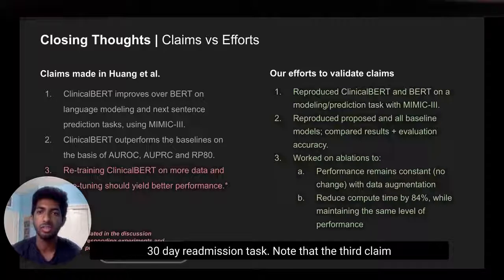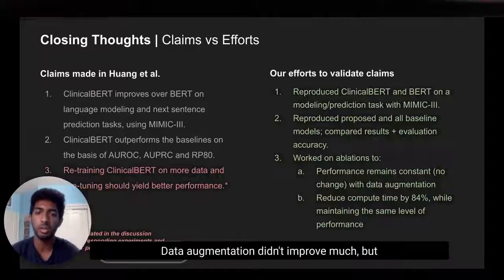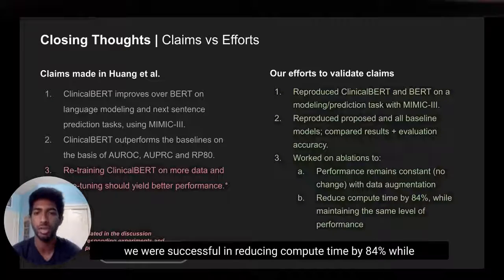task. Notice that the third claim is postulated in the discussion section of the original paper, but no experiments or results were presented. While data augmentation didn't improve much, we were successful in reducing compute time by 84% while maintaining